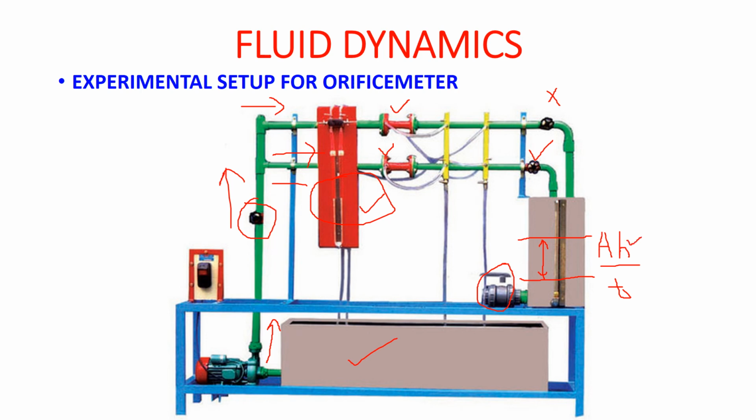And corresponding to that 20 centimeter, you will get some time, because you started the time at 30 centimeter and stopped the time at 50 centimeter. So you will get the value of T. And in this way you will get actual discharge. So you can calculate this actual discharge, and this actual by theoretical discharge can give us the value of coefficient of discharge. So this is the way in which we are conducting the experiment for an orifice meter and also for a venturi meter. You can also, with the help of this particular valve, adjust the flow rates. So we can measure the value of discharges through an orifice meter for various flow rates.